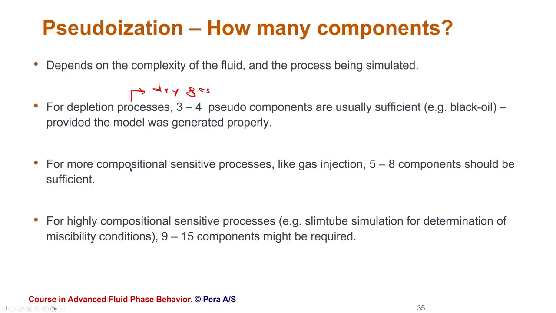Okay. For compositional systems, more compressible systems, and systems that depend on gas injection, especially for miscible processes, you need to work with more components. For example, if you are working with a gas condensate reservoir, maybe 5 is sufficient. For a gas condensate reservoir, where you inject lean gas and produce the wet gas, the condensate gas,